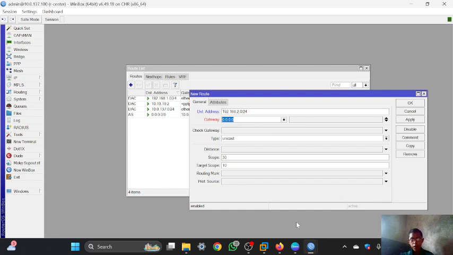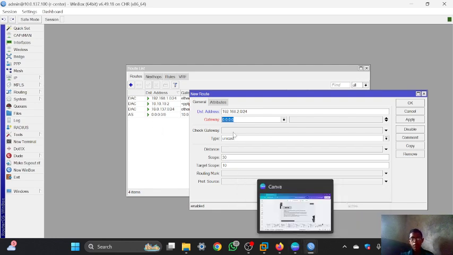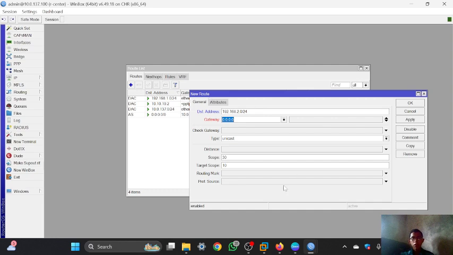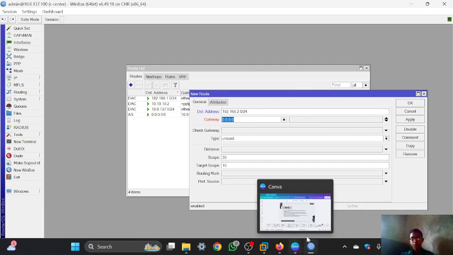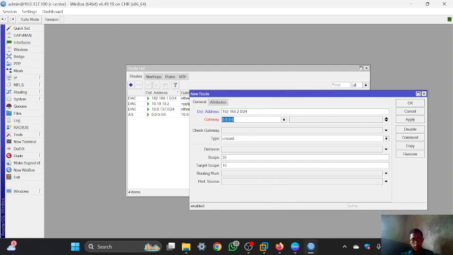And for the gateway, use this IP, the IP tunnel that connects to the router branch. I will fill it in here, and then you can click apply, and it must be active static.